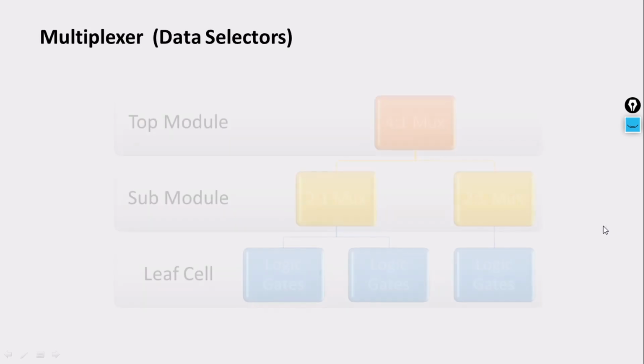So let us look at the multiplexers. As we know, a multiplexer is usually called a mux. Here we are going to define our multiplexer. Based on the select lines, the input given at the select line selects which input should appear at the output end. Here we are going to design our 4:1 mux. Again we are approaching it with our top down approach.